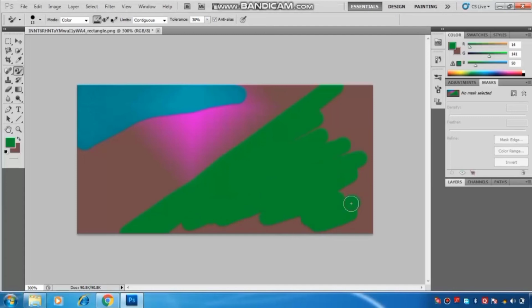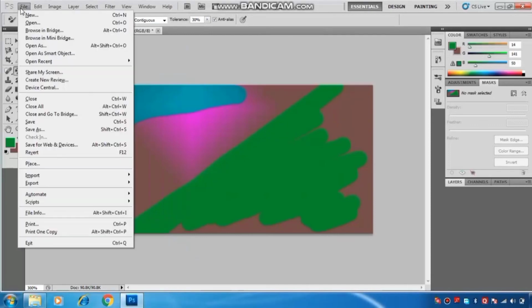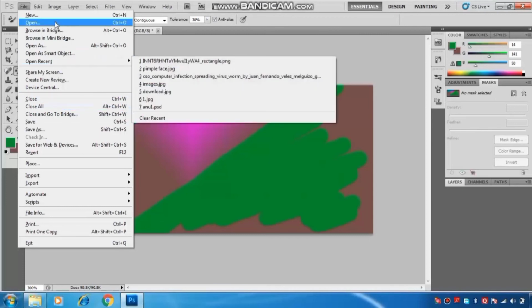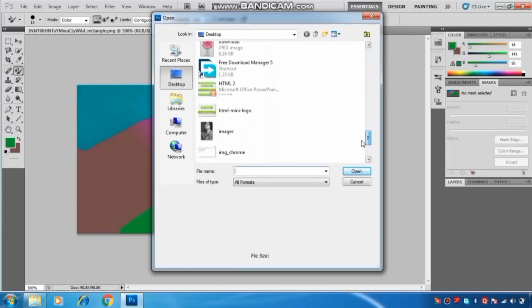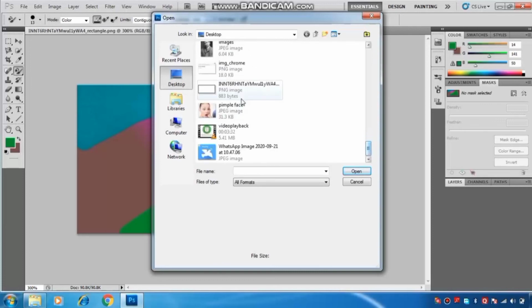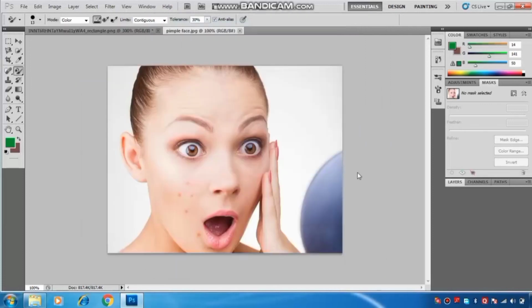Okay, now our next tool is clone stamp tool. So what is the use of clone stamp tool? A clone stamp tool is used to create the duplicate part of an image over the other, okay, by sampling the image part to be cloned. For this, let me take a new image, okay, that shows the example of clone stamp tool. From here we will select the new image, okay, like this, and click on the open button.